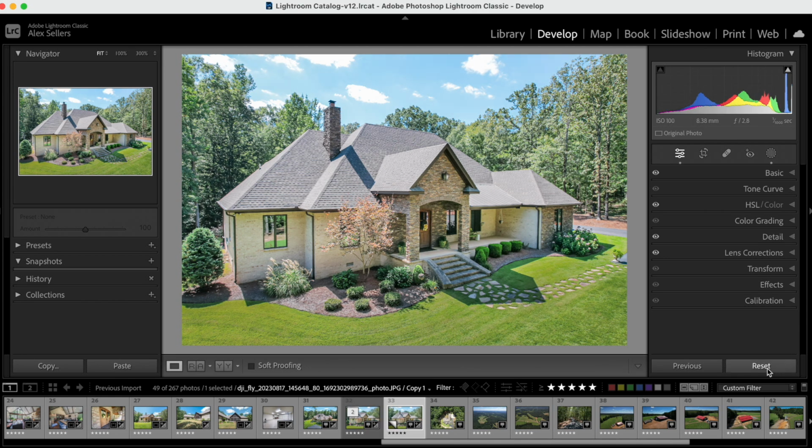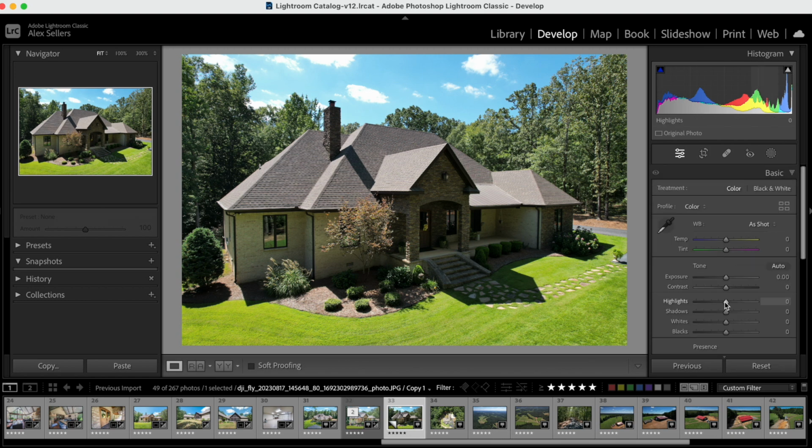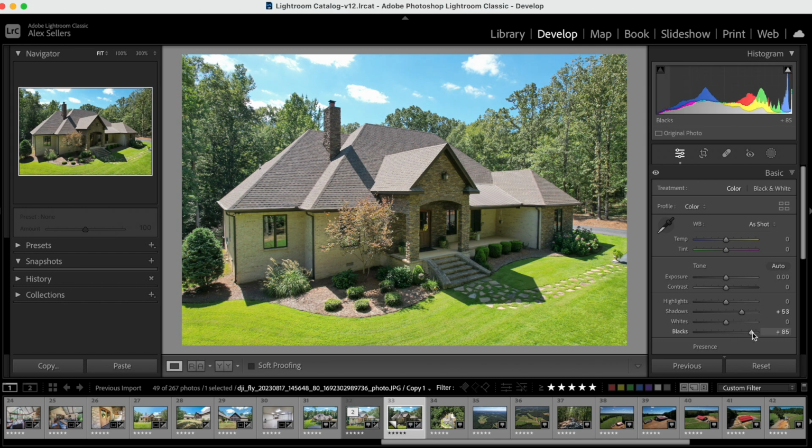This is what we get to, but here's where we started. So it's not a terrible picture to begin with, just kind of dark. So first of all, highlights and shadows. That's where I always start, pretty much what I always do. So the sun was behind the house, which put the front of the house in a shadow of itself, basically. So we're gonna lighten the shadows, pull the highlights down, and then a big adjustment here is going to be